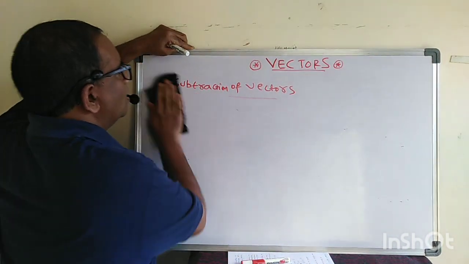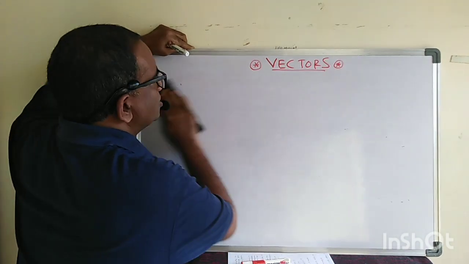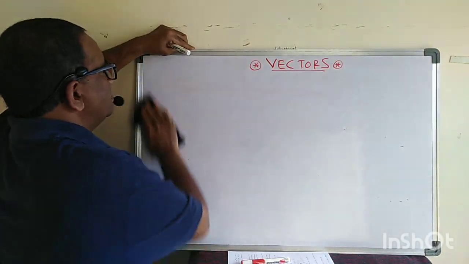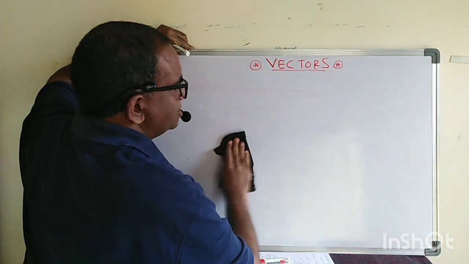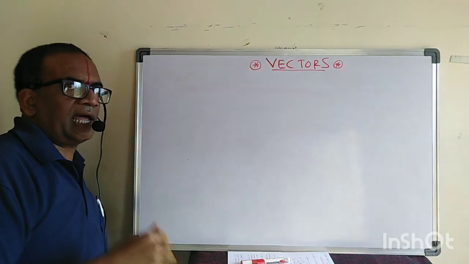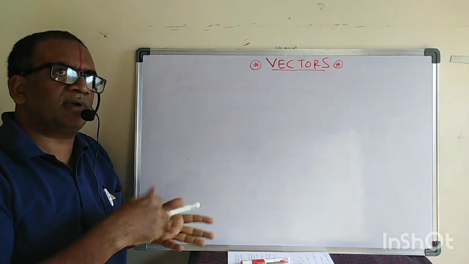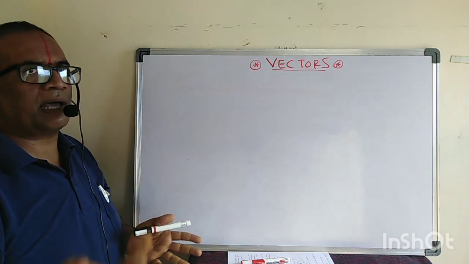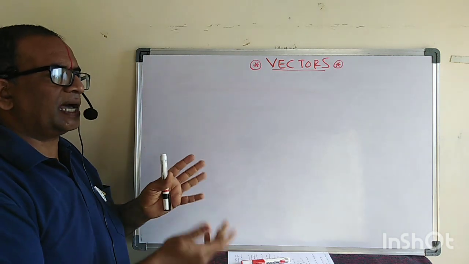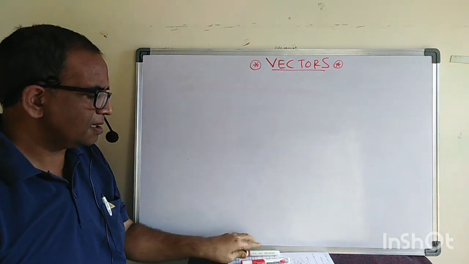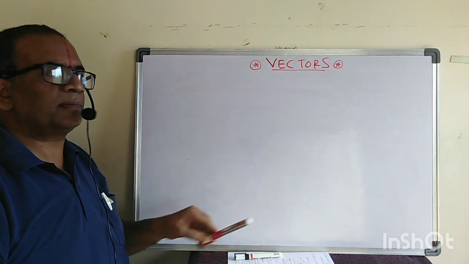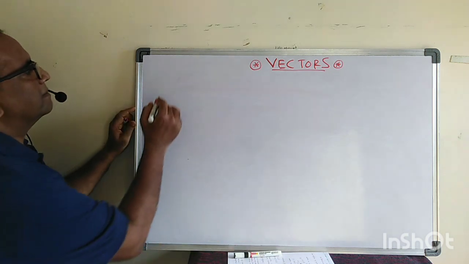There are two important things there, so those two things we'll discuss. Remember, the parallelogram law and the triangle law are both one and the same. But regarding the triangle law, we'll take a triangle and prove that one. And regarding the parallelogram law, we'll take a parallelogram and prove that one. So better, I'll be explaining the parallelogram law of vector addition.